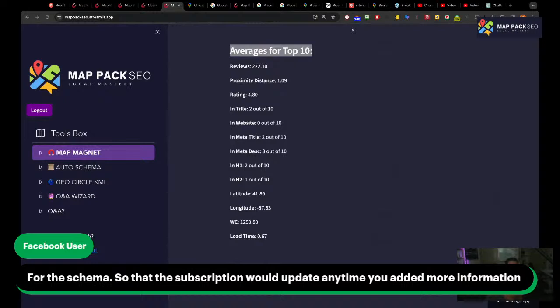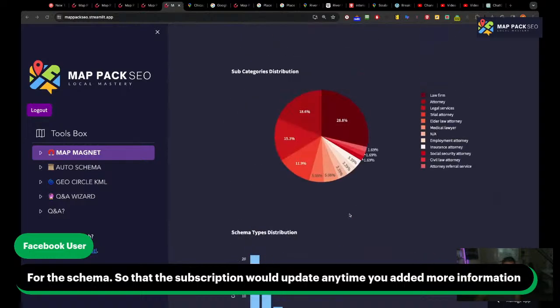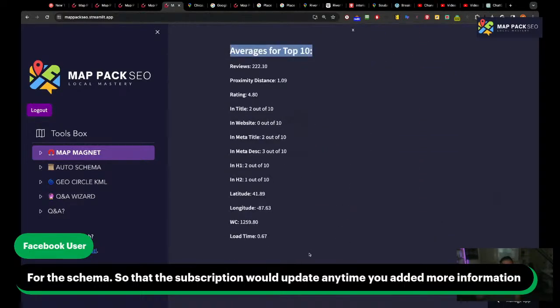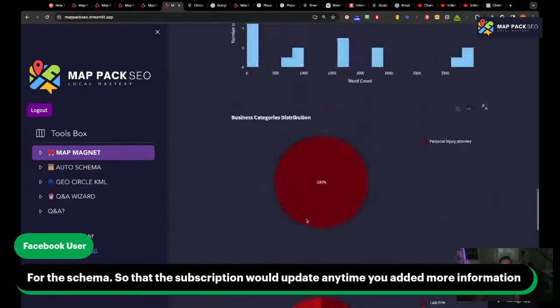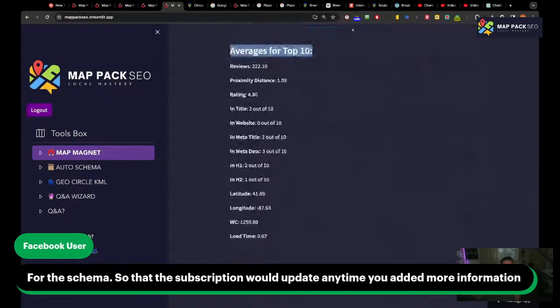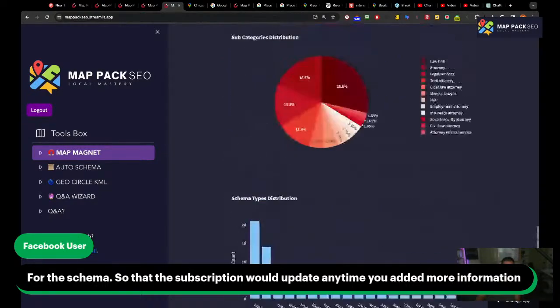I would say the one that will stay the longest is the Map Magnet, because it gives you just data and you decide what to do with it. My plan for the Map Magnet, after getting all this data and seeing all this information right here, is that I'm training an AI model right now with at least 50 results like this, and giving it an action plan and results. Basically, what it does is create your action plan based on this information.